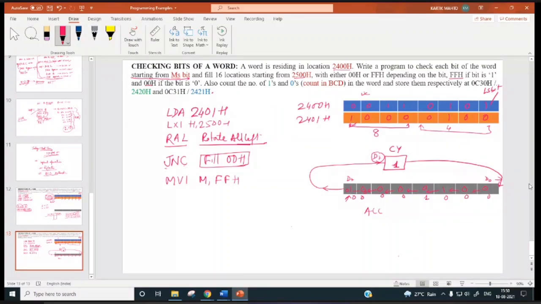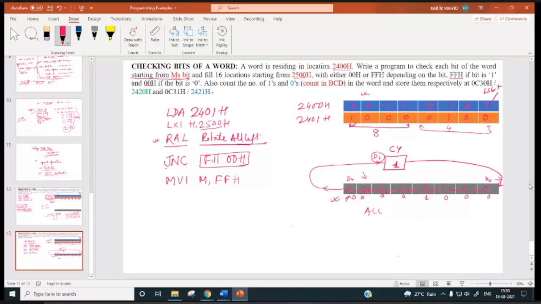So HL is pointing to 2500H. So FF will go over there. Now, the rotated result will be stored in the accumulator. After rotating, whatever result comes will always be in the accumulator.